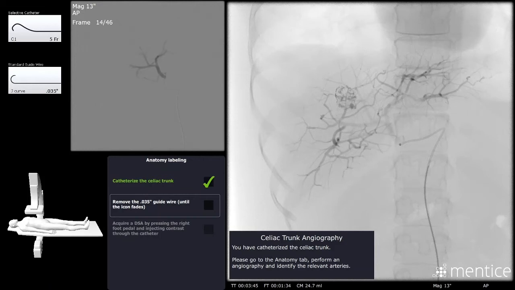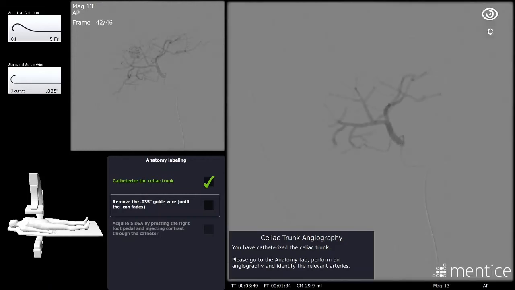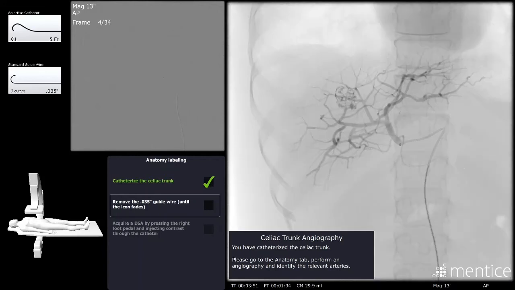So what I've done is I've reached a point where I've put my catheter into the celiac trunk, and now I've done my first angiogram from that catheter. What this has shown me is the anatomy of the hepatic artery, and also you can see the enhancing lesion that we talked about. And just use the cursor here just to show you. So here's the lesion that would have been hyper-enhancing on the original CT,